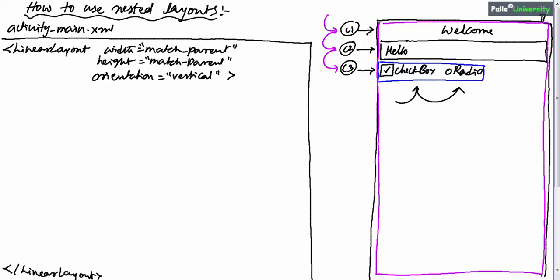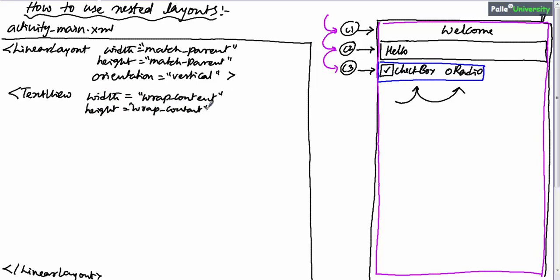Within this, first I will take the first child. The first child is a text view. What is the width of this text view? Let us say width is wrap content and height is also wrap content. And how will you align this to the center? We have to align the entire text view to the center.